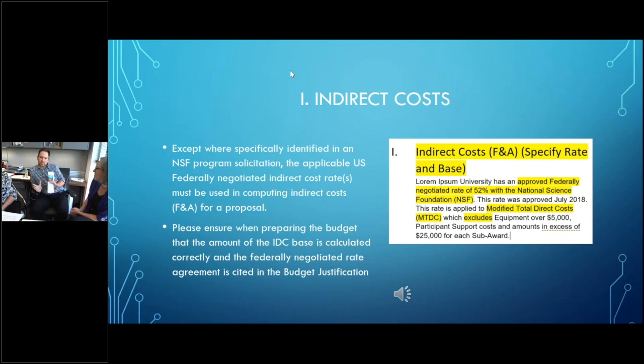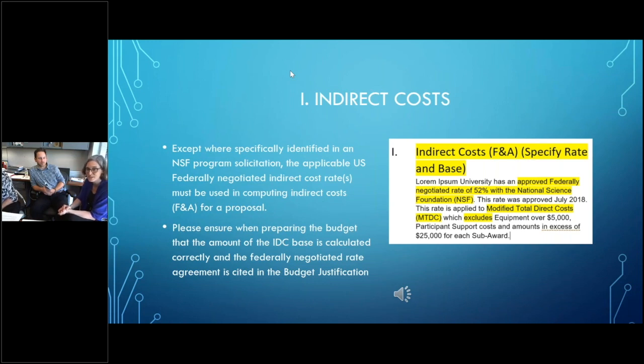But I know it can get complicated because all the rate agreements are different and everybody has different things that are charged to it. So your organization has an indirect cost rate that's negotiated with some agency in the federal government. If it doesn't, you use 10%. With NSF, if you have a government or an agency negotiated indirect cost rate, you have to use it. If you don't have one of those, you have to use 10%